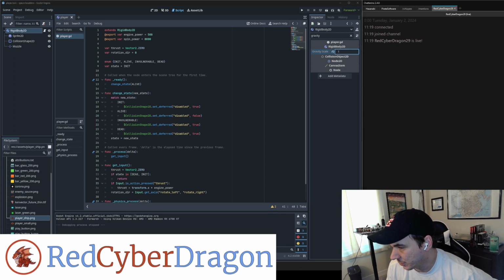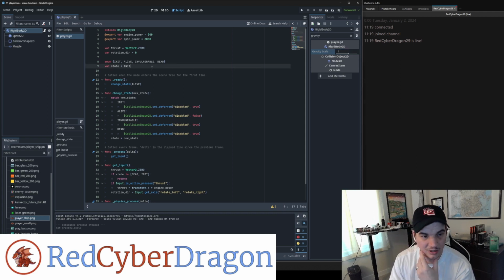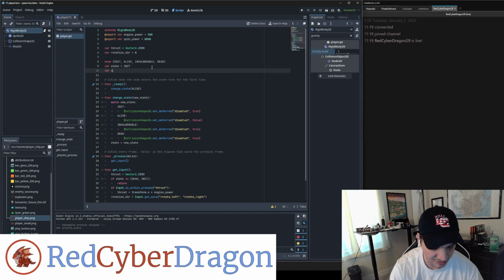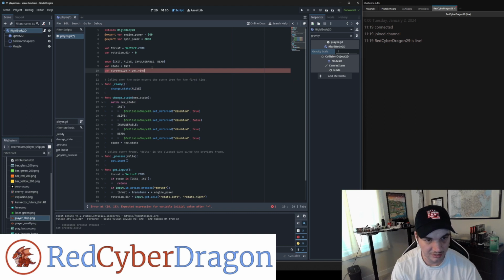Alright, let's do screen wrap, because it feels unfinished. Okay. So we're going to set a new variable called screen size. Var screen size equals get viewport rect